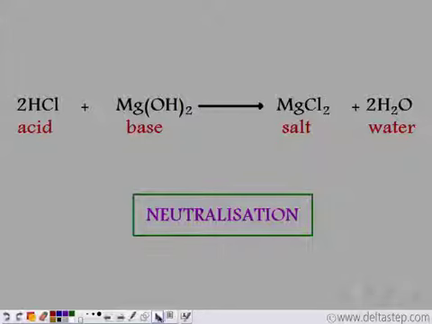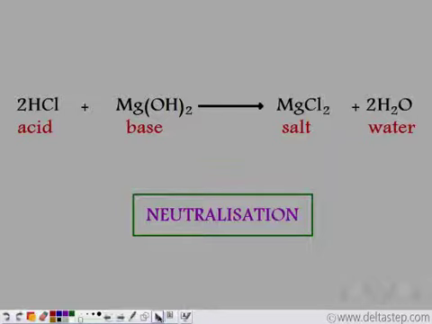When you have acidity, it means there is excess acid in the body. So in order to neutralize the effect of excess acid, we use Gelusil. The main component in Gelusil is magnesium hydroxide. Magnesium hydroxide is a base. The reaction of an acid and a base gives us salt and water. This reaction is known as a neutralization reaction.